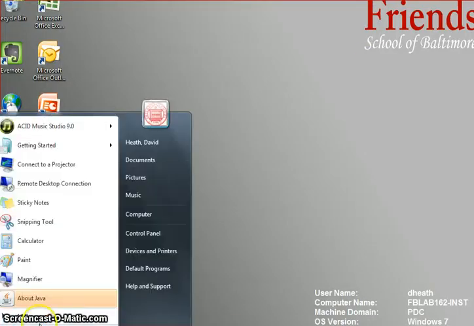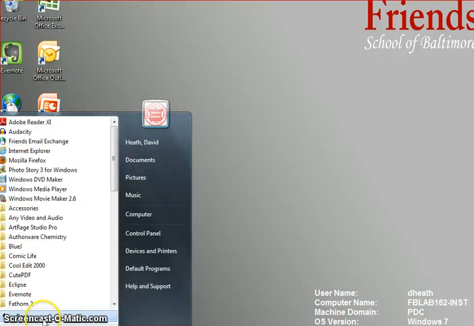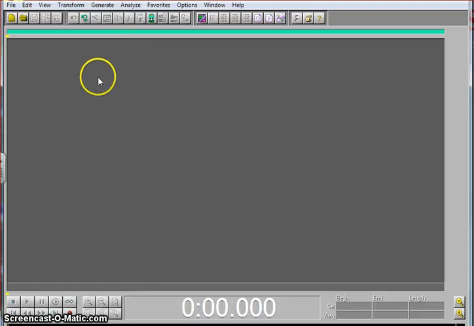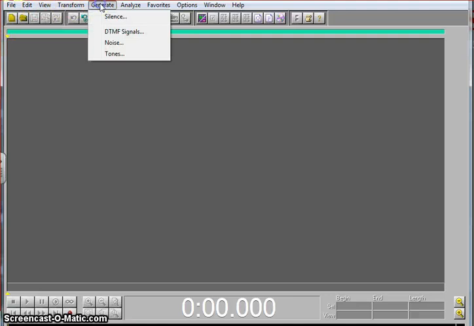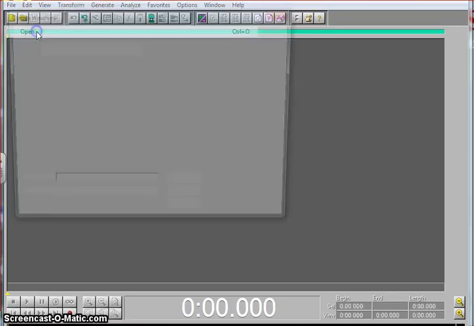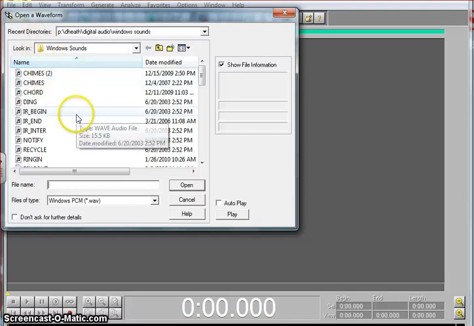I am going to go to my Windows and go to CoolEdit and then launch the program CoolEdit 2000. You may get something like this when it first launches, but here's what the program looks like. And you can create files under Generate with different things, tones and noise and that kind of thing. But I'm actually going to start with a file that